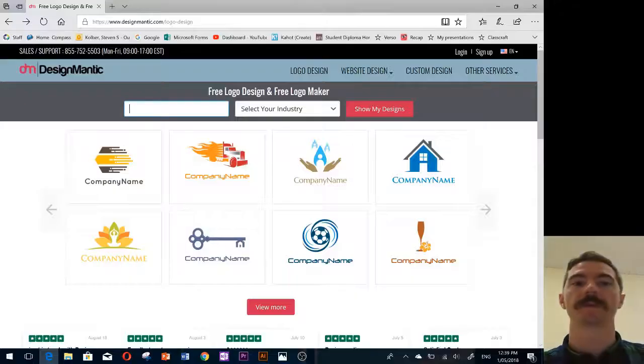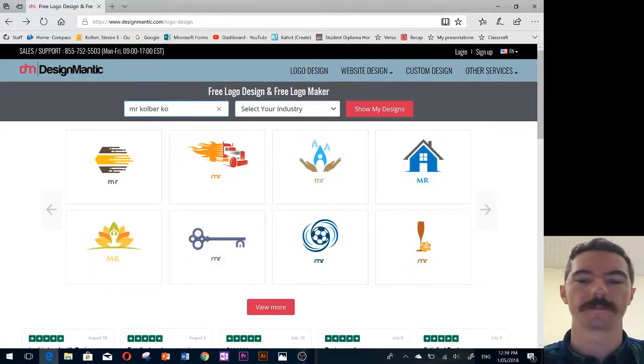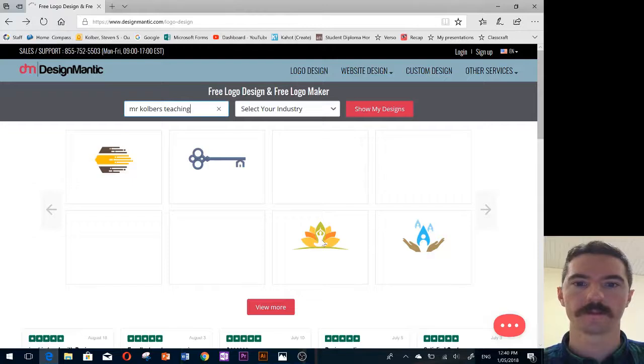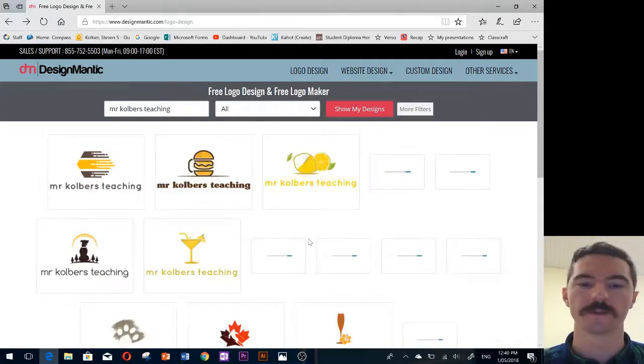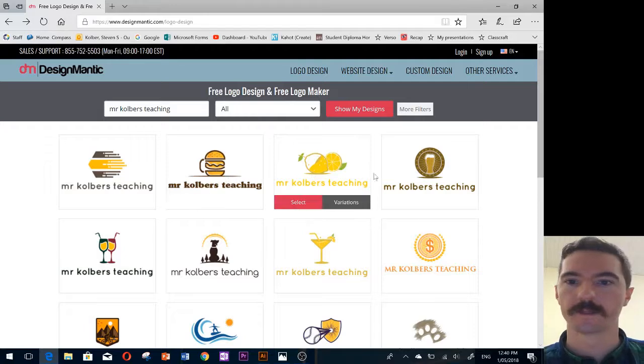Okay, so this is how we're going to make a logo, firstly as a rough copy in Designmatic, and then we're going to actually add it into Illustrator and illustrate it ourselves, so we have a vector rather than anything of questionable quality. So I'm just going to type in my company name, which is going to pretend to be Mr. Korber's Teaching, and then we are looking for an image that we like, and then we're just going to save the image so that we can use that as our file,